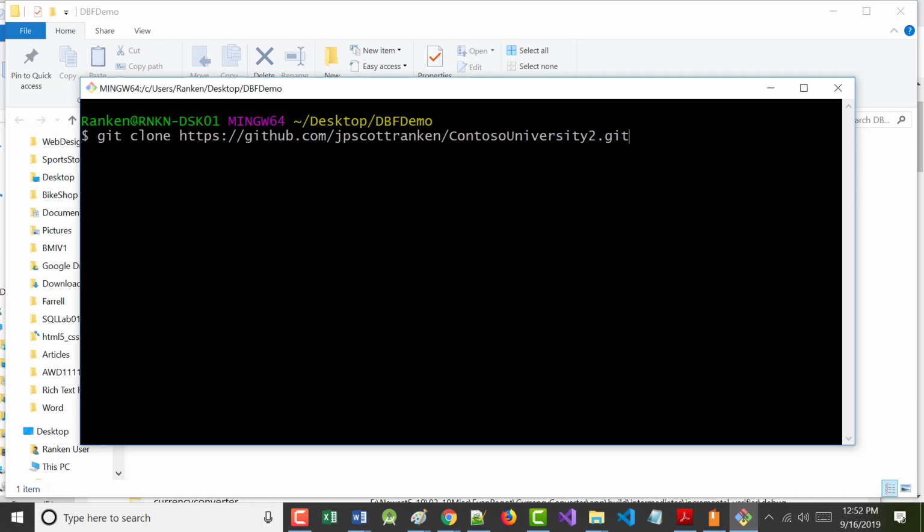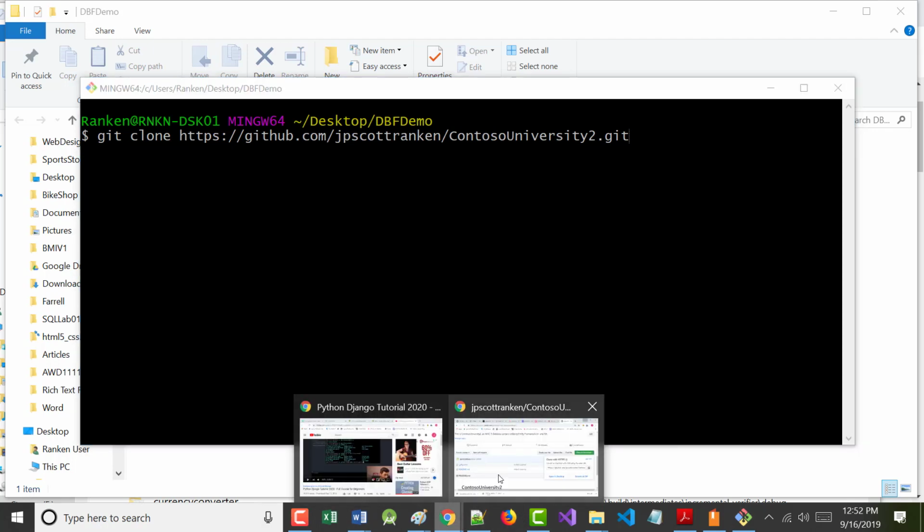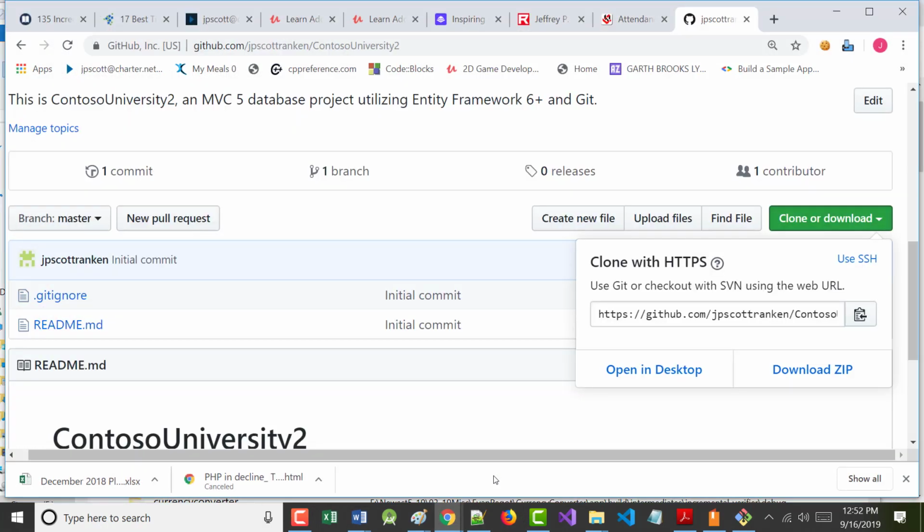So now I am telling it to literally make a copy of everything that I have inside of the ContosoUniversity 2 that's on my repository. Some books, some tapes, whatever, will say that when you are here, they will call this a server.